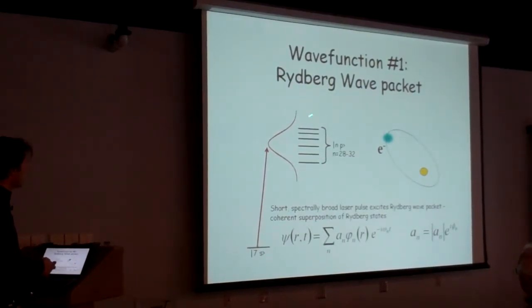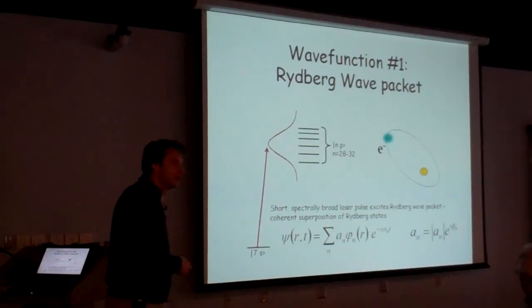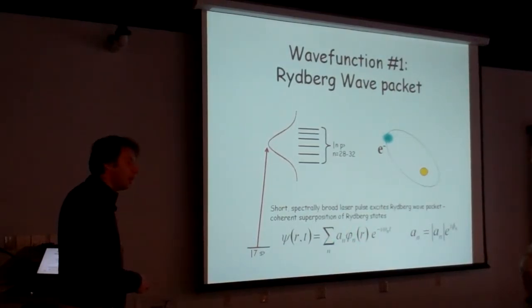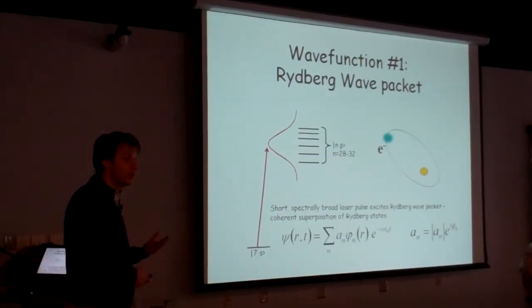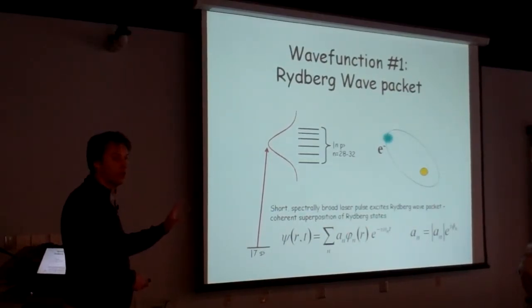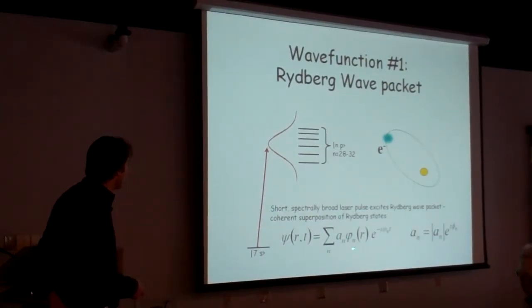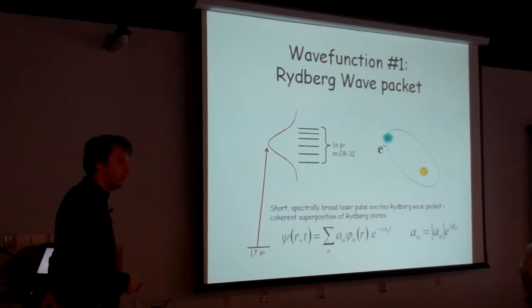So now I've got this wave packet, which is a superposition of principal quantum number states here. And by coherent, what I mean is that I can write this superposition as just a sum. These phi sub n of r are basically just these eigenstates of the atomic Hamiltonian. They're the radial eigenfunctions, and of course they have some spherical harmonics multiplied by them. So r here is the generalized position coordinate. And so the idea is that these are functions of only space and not of time. They're eigenstates. And I'm exciting them with some probability amplitude, a sub n, which is dictated by the laser pulse and the